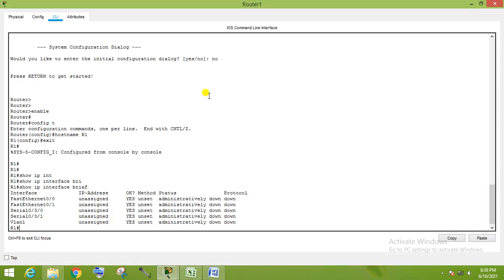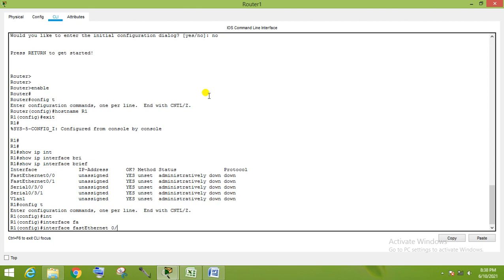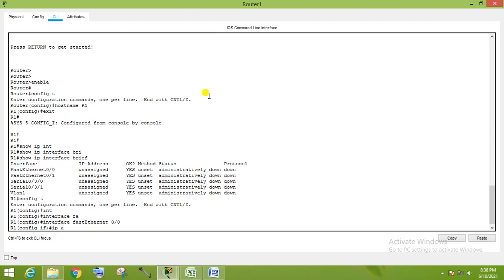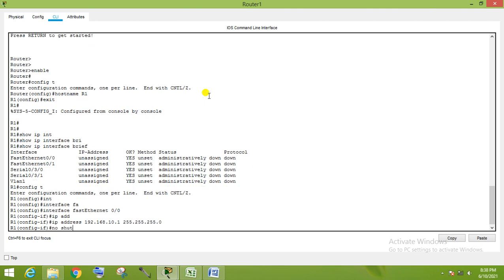We give the IP address first for the LAN interface, config t, then no shut.